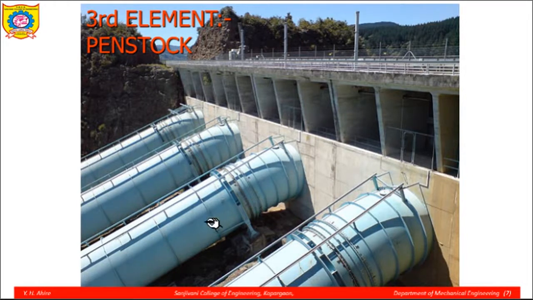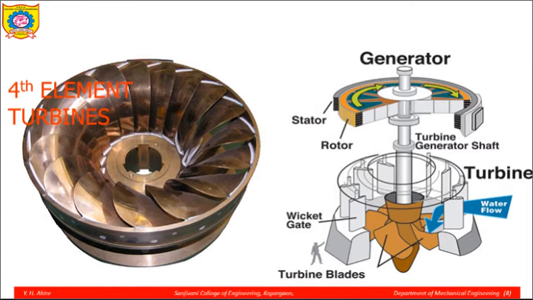Penstocks are nothing but pipes of big diameters. These are either made up of concrete or they are made up of steel plates. So these are steel plate pipes having diameters of 1 to 2 meters in magnitude. They transfer the water from the dam down the hill up to the turbine, and the penstocks are supposed to carry a very high pressure of water.